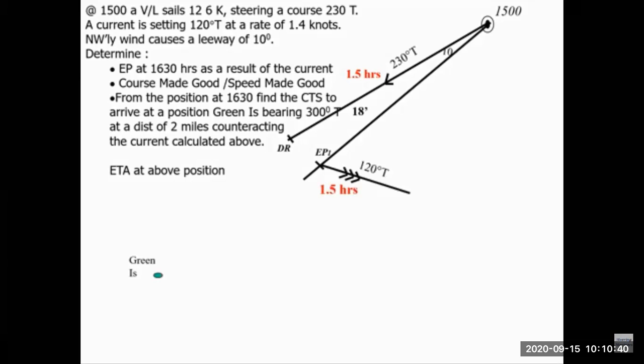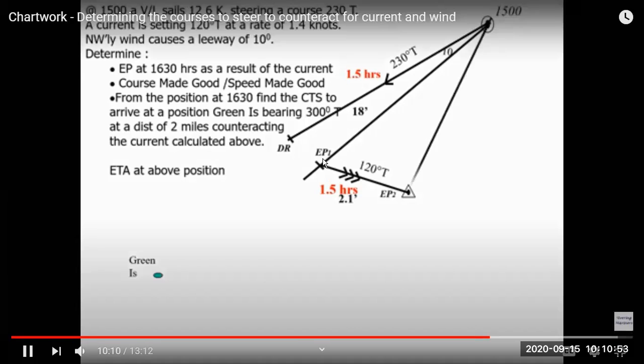And we get the course made good and the final position at 16:30. That is your estimated position at 16:30. And this is your course made good, marked with 2 arrows.